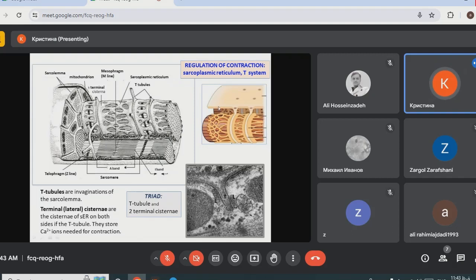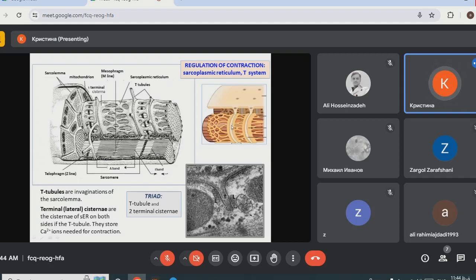The same you can see here. This is the sarcolemma, the outer covering of the muscle fiber. It makes these invaginations, which go deep into the muscle fiber and surround every myofibril. And as you can see here, in this area, the T-tubule goes very closely to the parts of the smooth endoplasmic reticulum, which forms so-called terminal cisternae, terminal or lateral cisternae, enlarged parts of sarcoplasmic reticulum, which lie at both